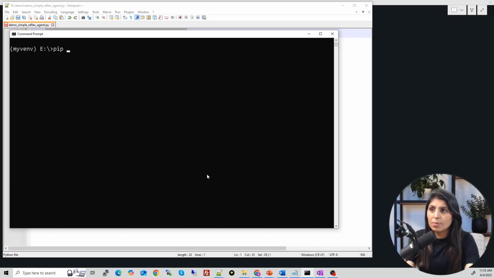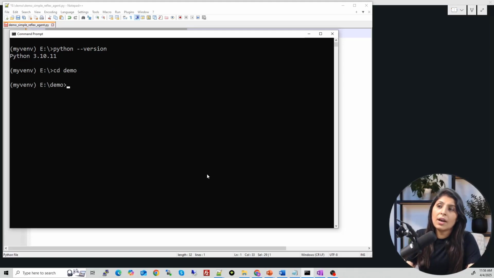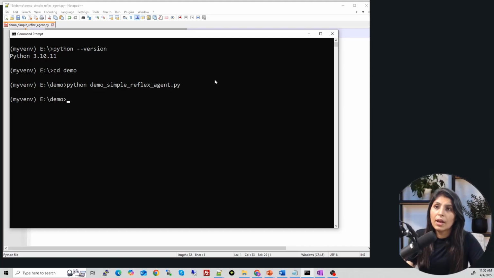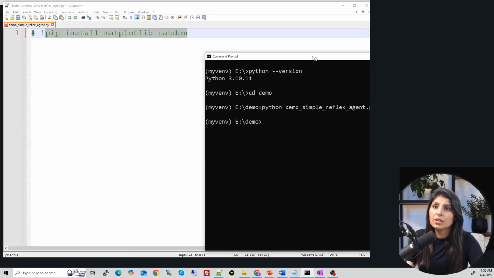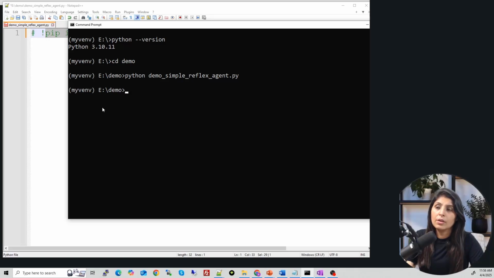Okay, and now let me show you the Python version I'm using. So this is my Python version, and today's code is in the demo folder. I have entered that folder, and here I will write the code. My code name is Python demo. This is how you run the code. Right now my file is empty, but once we write the code, we will enter the folder where our code is, execute this command, and then you'll see the output. So let's start writing the code.